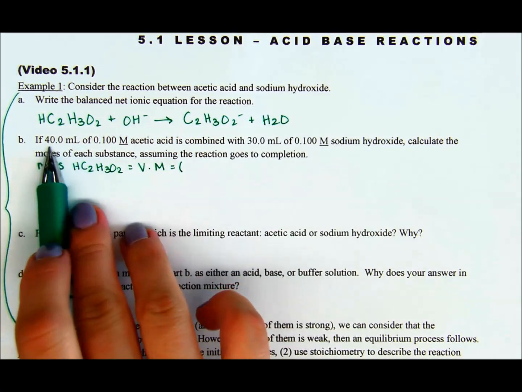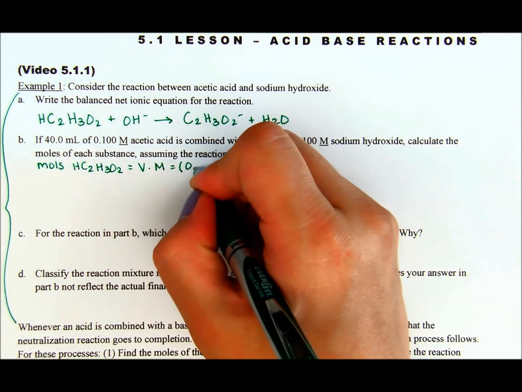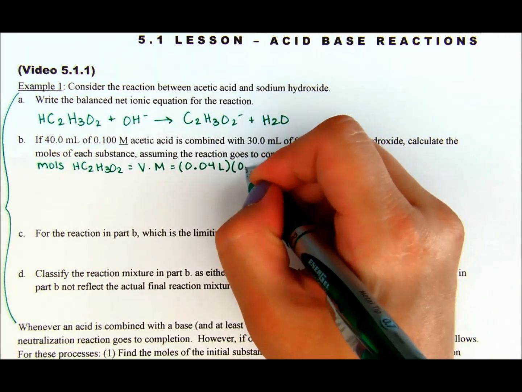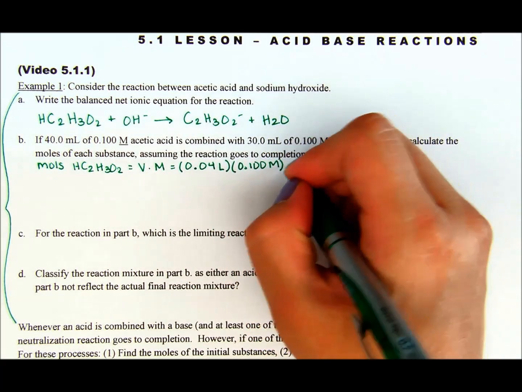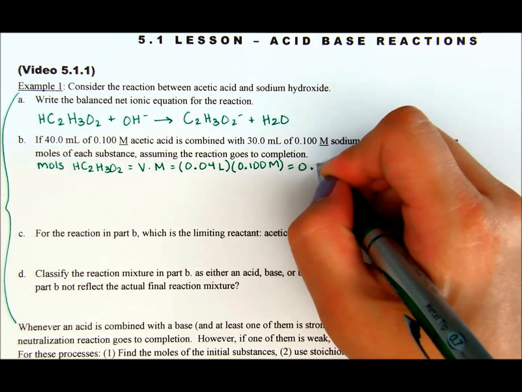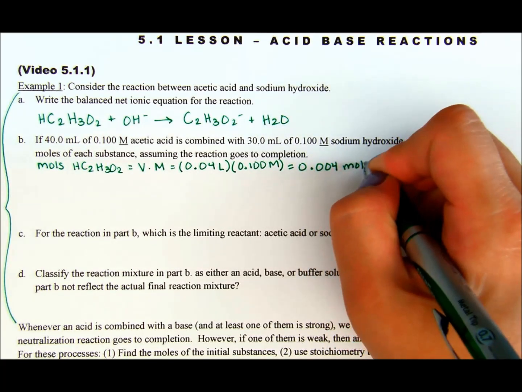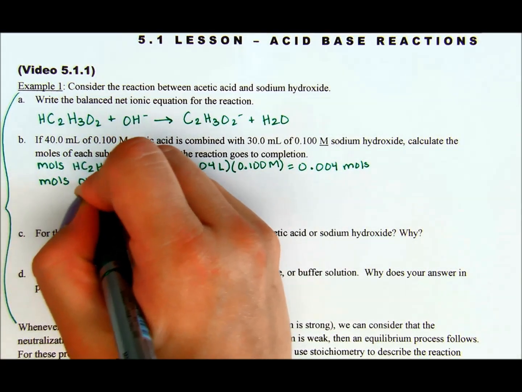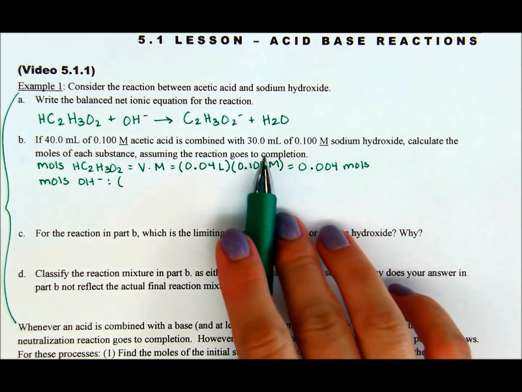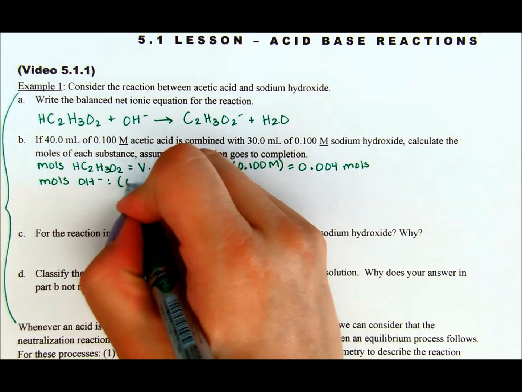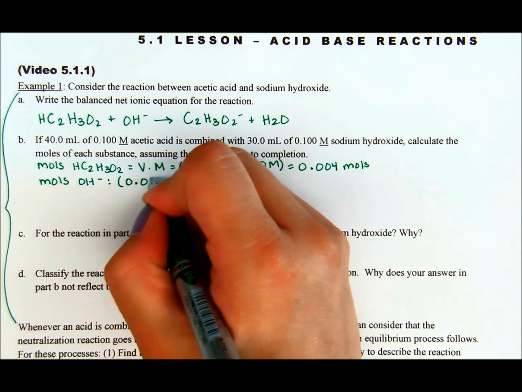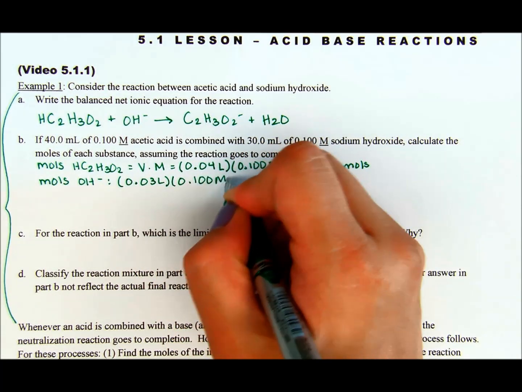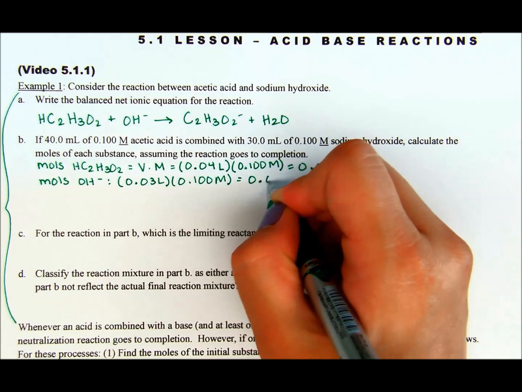We can just take our volume and multiply it by molarity. We added 40 mL, so in liters, it's 0.04 liters times 0.1 molar. And that means that I have 0.004 moles of that. Now, moles of hydroxide: do it the same way. How much did I add? 30 mL and 0.1 molar, so 0.03 liters times 0.100 molar, and I get 0.003